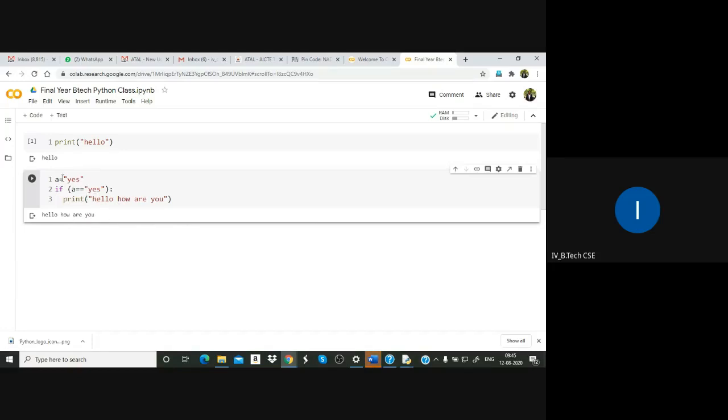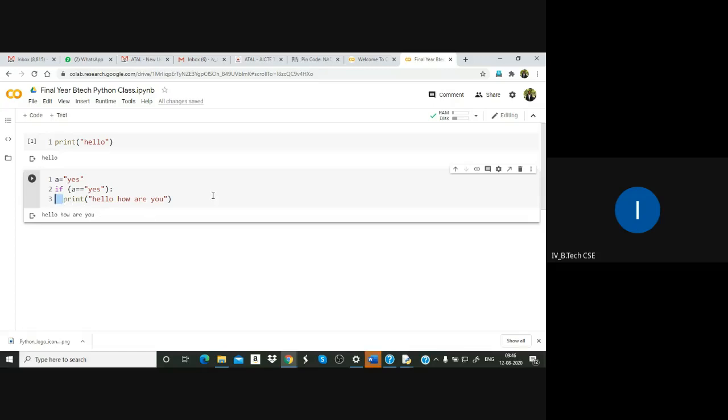Because we already assigned a as yes. So the if condition, a equal to yes, with the colon, is very important. Next, I gave 4 spaces or 1 tab space before print.